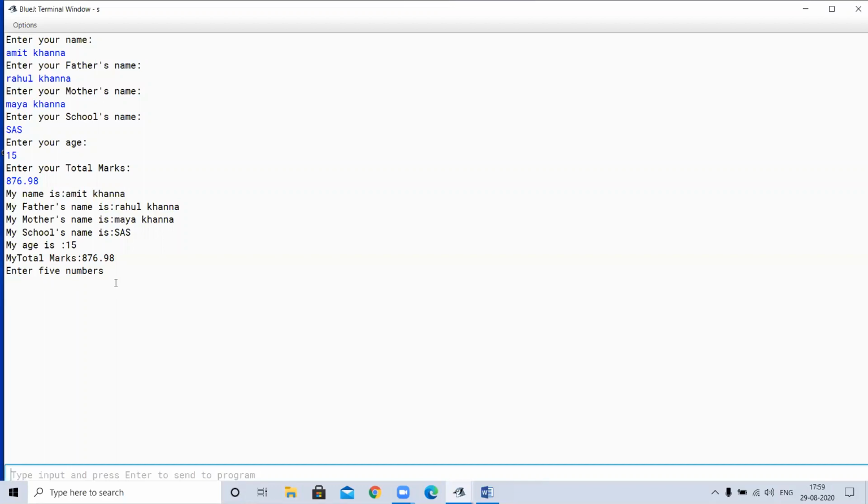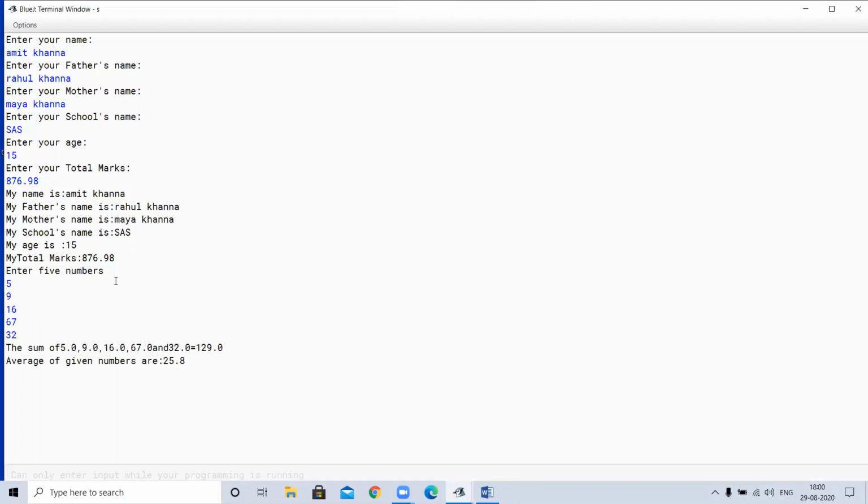I got the first message, which means I now have to enter the 5 numbers. First number I give, suppose 5. Then second number 9. Then third number 16. Then fourth number 67. Then 32. So these are the 5 numbers.